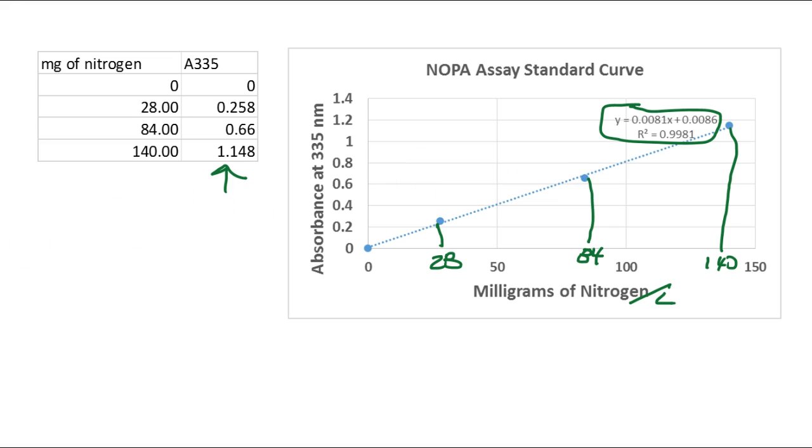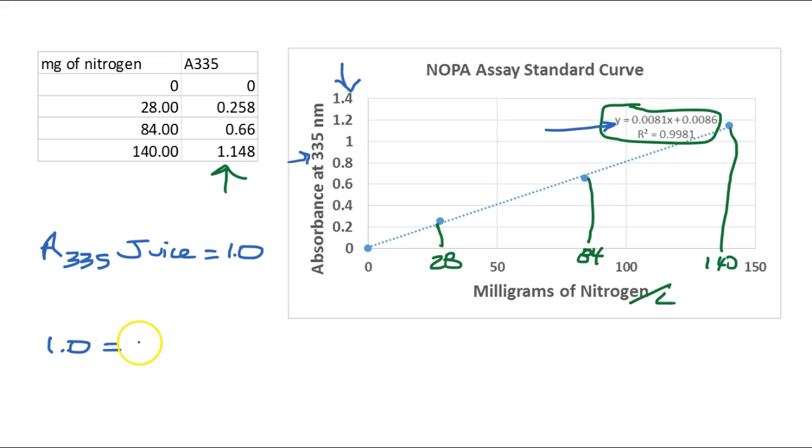Okay, so now that we've got the equation and the standard curve, now you have to just get the A335 for your juice. So say, for example, our A335 for the juice, let's just say it was 1.0. We nailed it, 1.0. So then we just set up the equation, right? 1.0, that's our absorbance, so that's our y up here in our equation, right? Because the absorbance is on the y-axis here. So absorbance of 1.0 equals